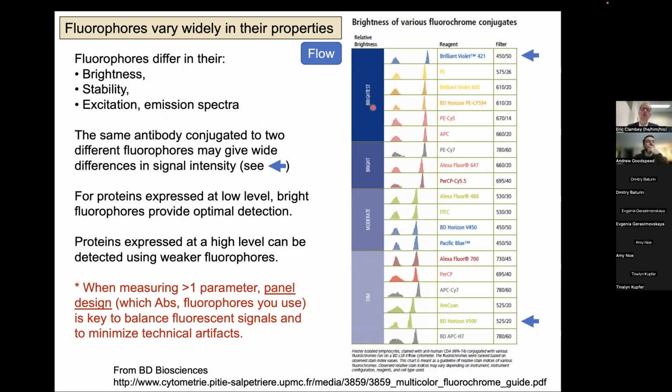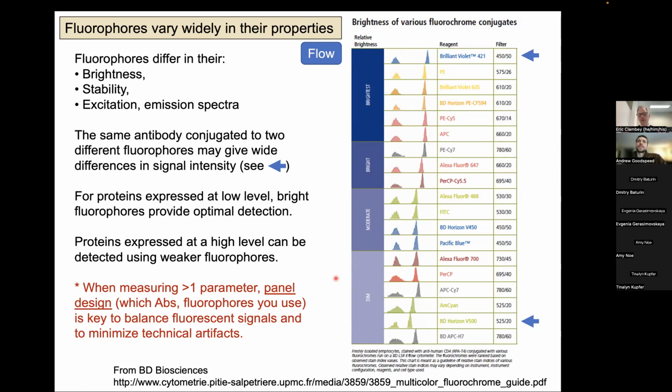I think one critical concept here is that the exact same specificity of an antibody, if it's conjugated to two different fluorescent molecules, can give you very different measures. So if you compare this top blue arrow versus this lower blue arrow, here, this is an extremely bright fluorophore, and all these different analyses here are with the same antibody, but you can see a very large distinction between your positive and negatives. In contrast, the same antibody specificity simply conjugated to a different fluorescent molecule down here, while you still have a positive and negative, the difference between those is greatly reduced. Okay.